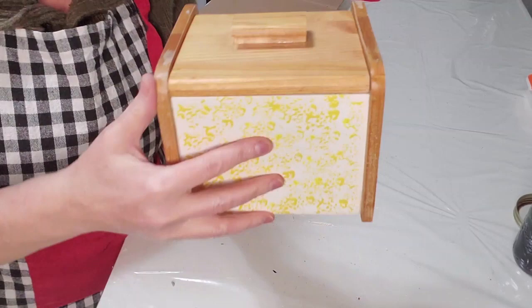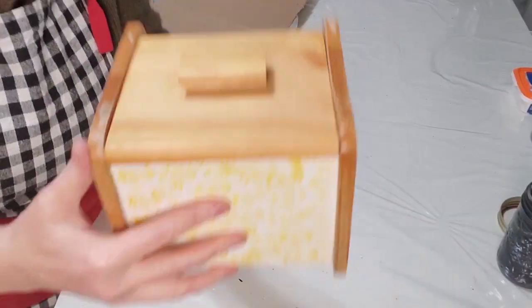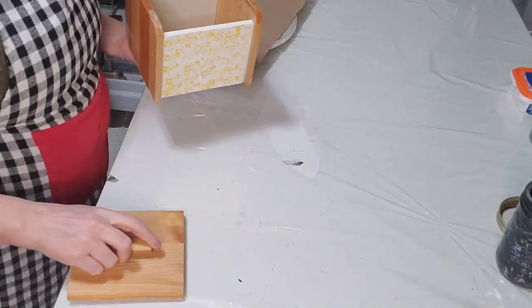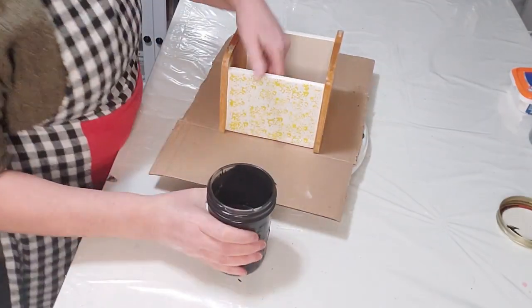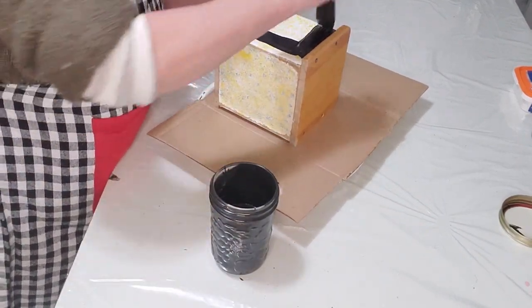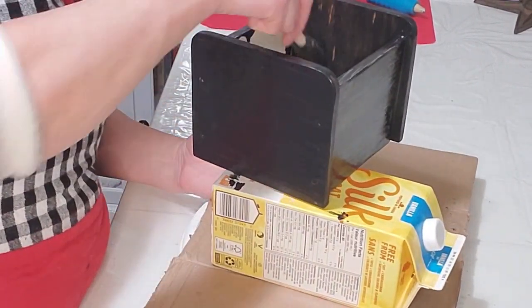For my next DIY, this is a Thrifted Recipe Box. It's looking pretty shabby there and kind of ugly. Not a style I would use, that's for sure. I don't like all that, it looks like some yellow paint was sponged on there. I think that's back from the 80s when that sponge technique was really big, just dabbing on with, I don't know, a sea sponge or...